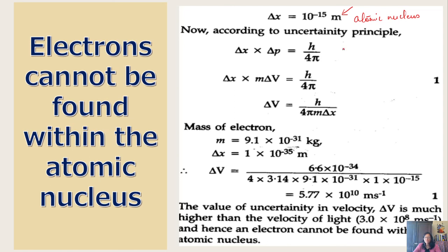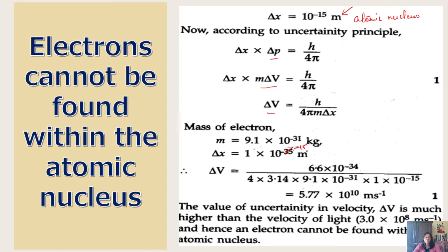Now, according to Heisenberg's uncertainty principle, we have delta x into delta p is equal to h by 4 pi. Substituting the value of delta p as m delta v, we have delta x into m delta v as equal to h by 4 pi. From there, we can calculate the uncertainty in velocity to be equal to h by 4 pi m delta x. Now, substituting the value of all the constants here, we can have